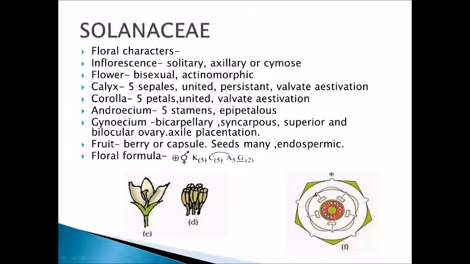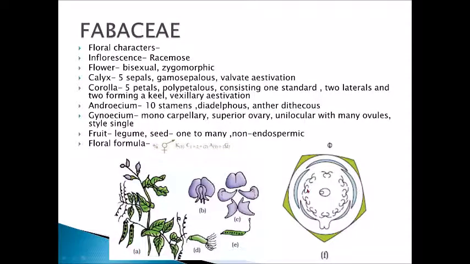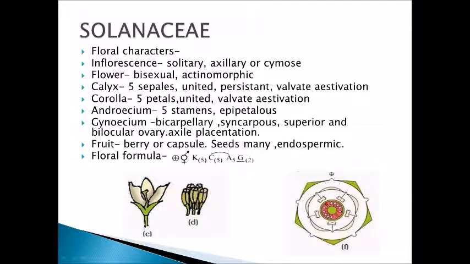So, in this now, see the diagram. The outermost, these green colored, they are sepals. As it is shown, 5 sepals, 5 green structures you can see, they are united and valvate aestivation. Here this curved portion in between the two shows that they are united. All the 5 are joined with this curved portion in between. So, this shows that calyx sepals are joined.